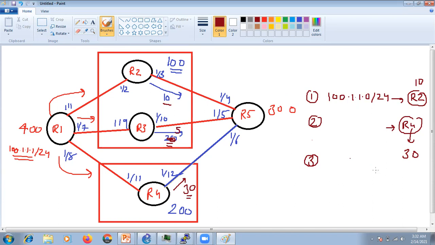So R3 sends the same route to R5 with a metric value of 5. Now, because R3 is also in the same AS number 100, our best route was also received from AS 100, and now we have one more candidate, which is also in 100. So it should compare now between these two.